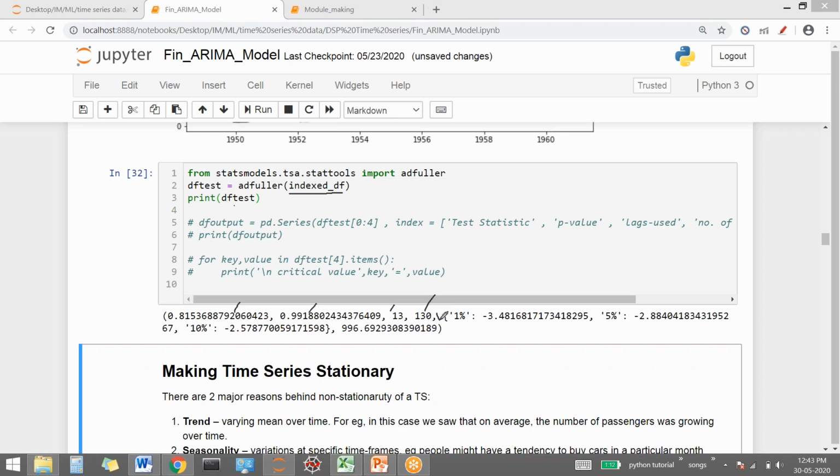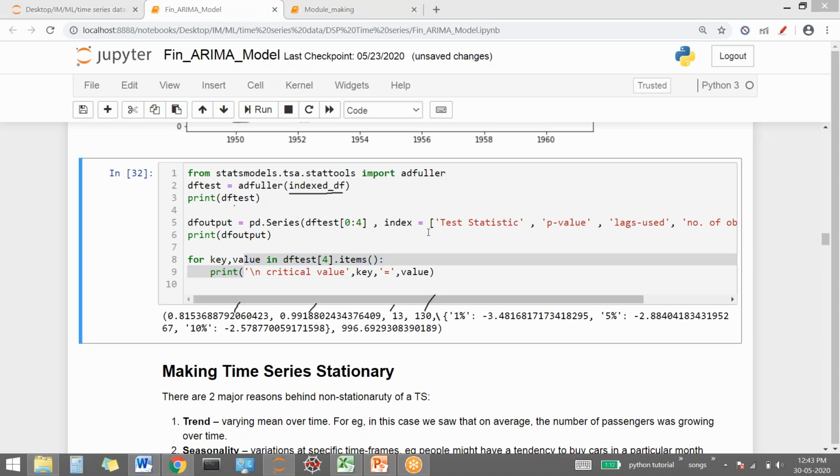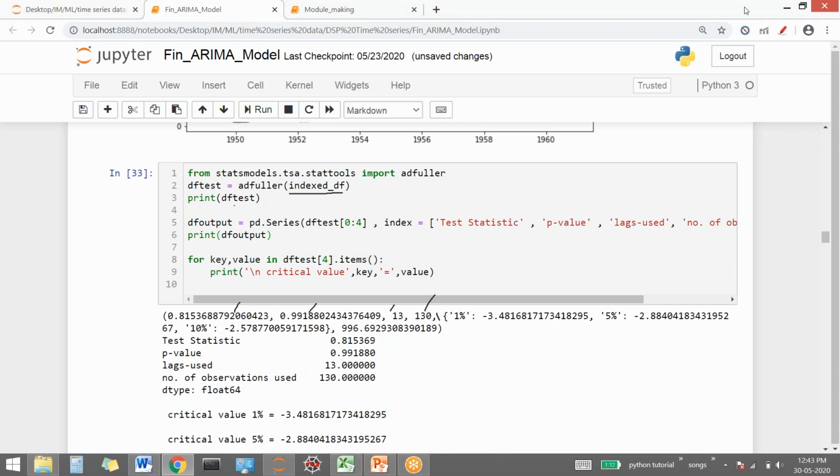So how do we interpret the values? Because we do not know what these values are referring to. So there is a standard way of knowing which the first value is referring to, which the second value is referring to. So now just let me run it here. See, now what we did, the very first values, these initial values, we were not able to know what these were referring to.